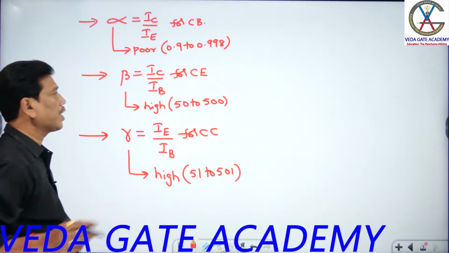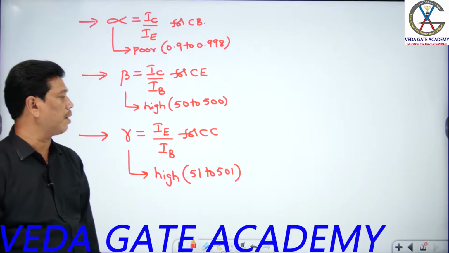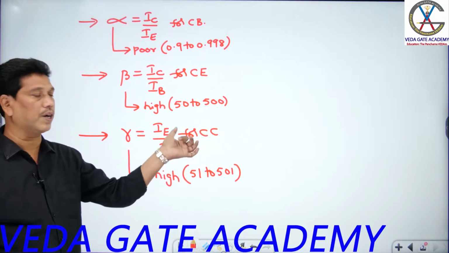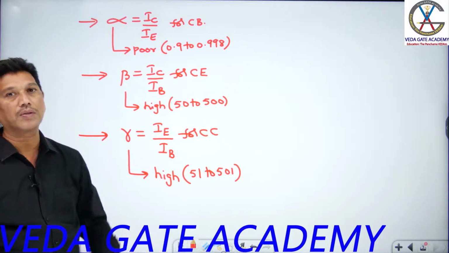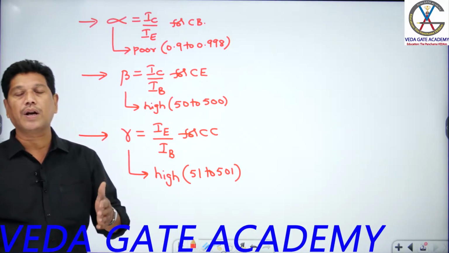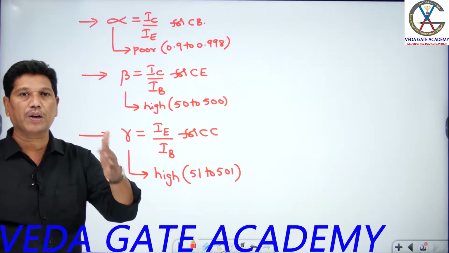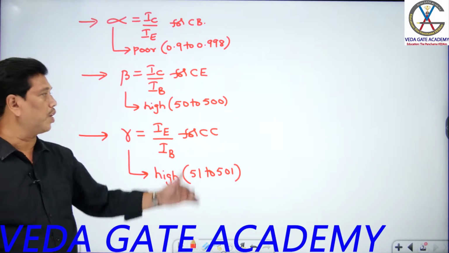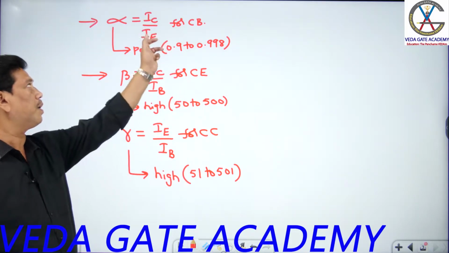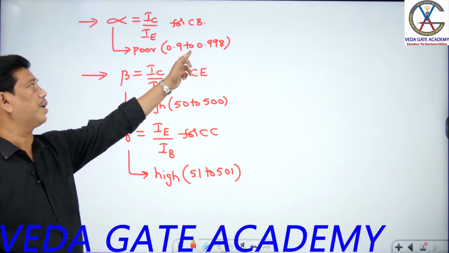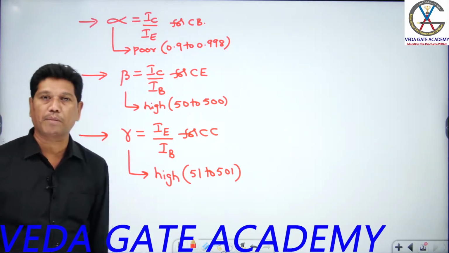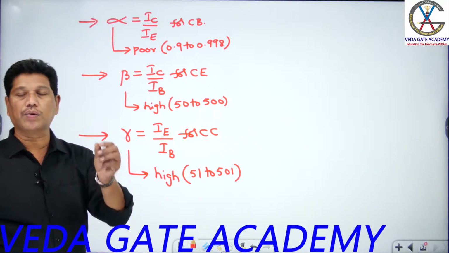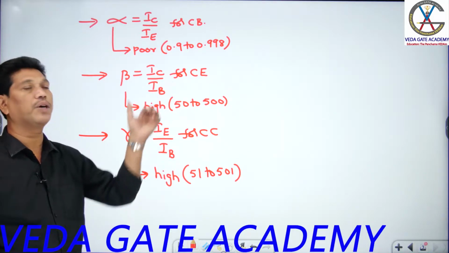So among all these three configurations, students, common base, common emitter, common collector, the common collector transistor has high current gain and its current gain is somewhat close to the common emitter transistor. So in a BJT, among the three configurations, common emitter and common collector have considerable current gains, good current gains, so they can be used as a current amplifier. CB transistor has the worst current gain, it is close to 1, students. It's very, very close to 1. Okay. So among all these, a very good current amplifier means CC, even as compared to CE.